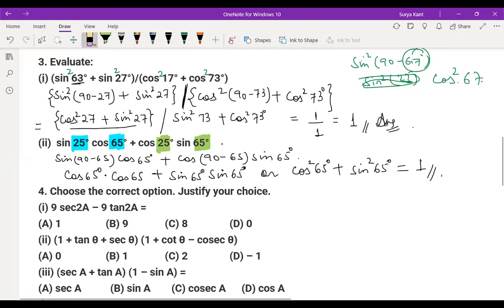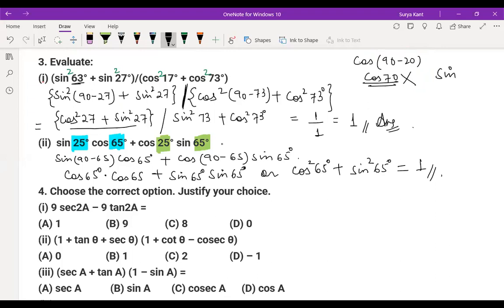Okay, children. Children will make mistakes in this type of questions. Once again, I'm telling you what is the type here. Cos 90 minus 20, if I tell, you will write here cos 70. Don't write in this way. This is not the way. Cos you change to sine. Sine 90 minus theta is what? Sorry, cos 90 minus theta is sine theta. Theta value is 20. Okay. Remember this. You may have doubt or you may make mistakes in this type of questions.